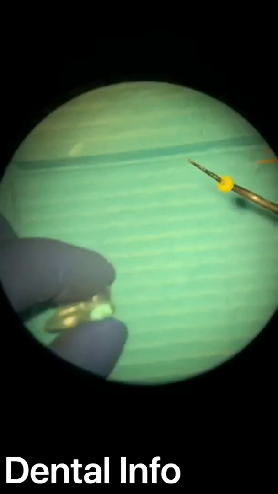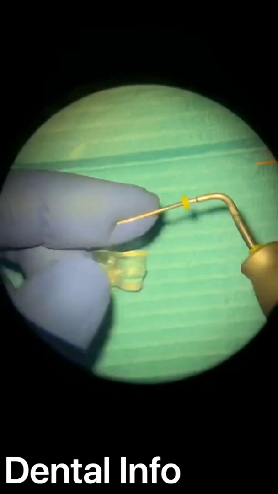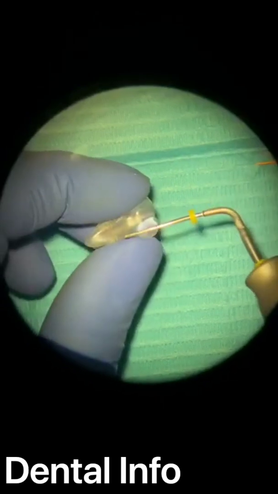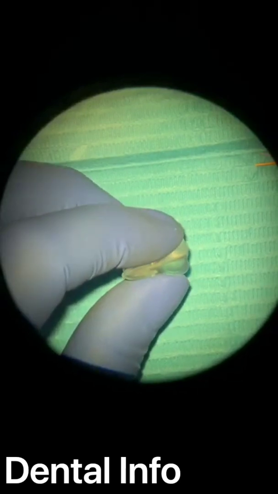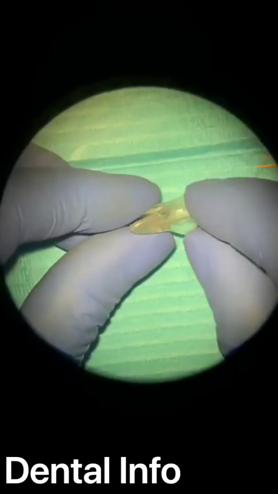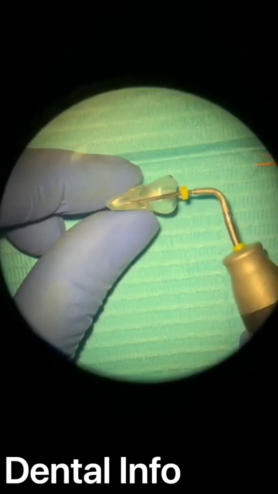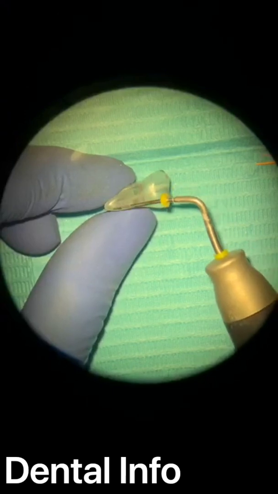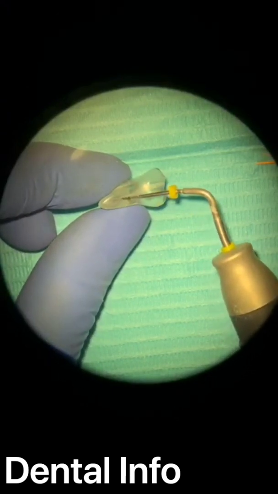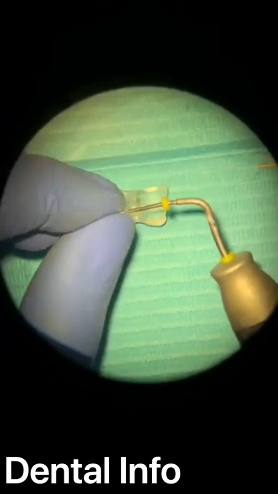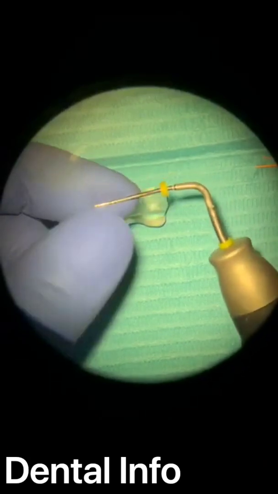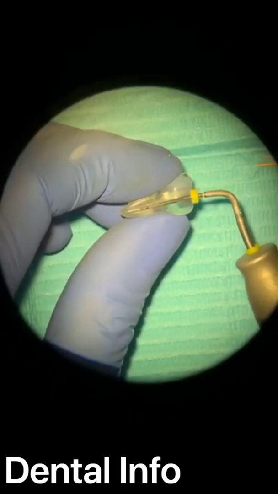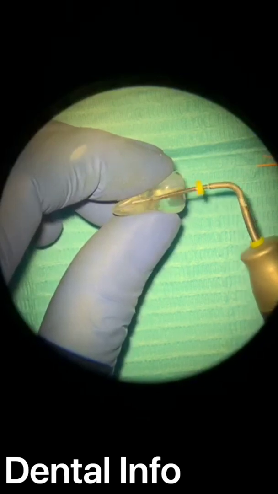Before starting, you have to make a fitting for your tip in the canal, because you always know, or somebody maybe doesn't know, that when you want to cut, you have to cut 3 to 5 millimeters away from your working length or from the apex. So you have to fit your fast pack tip just to be sure that it will go 3 to 5 millimeters away,